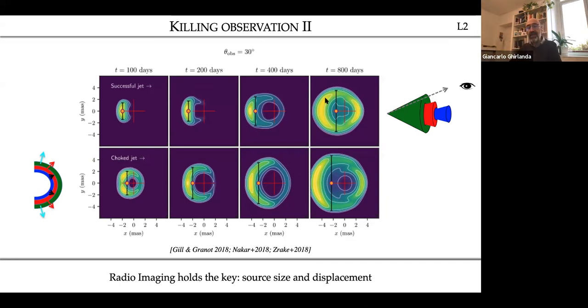In the case of a uniform, of a chalk jet, on the other side, you have that more or less there is not much displacement of the centroid of the emission, okay? There can be some displacement, but it is not as much as in the case of a structured jet. Look at the similar epochs. And instead, the overall outcome